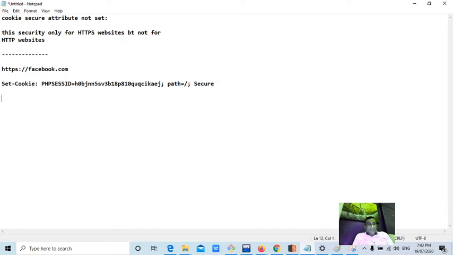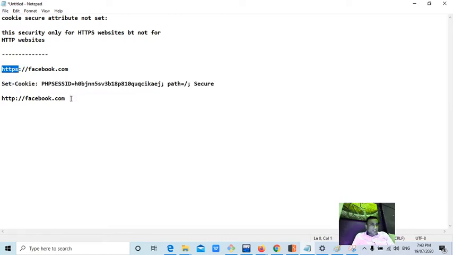That means your cookie will be sent only through HTTPS. By mistake, if next time you try to open Facebook as HTTP, then your session ID will not be sent to the server, because what we have given is secure. That means this particular session ID should be sent only through HTTPS.